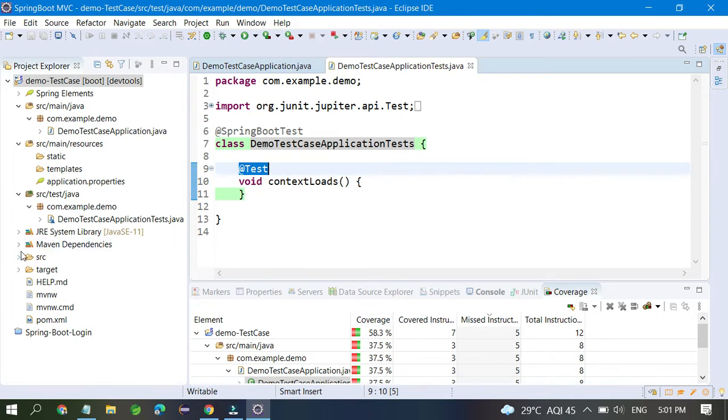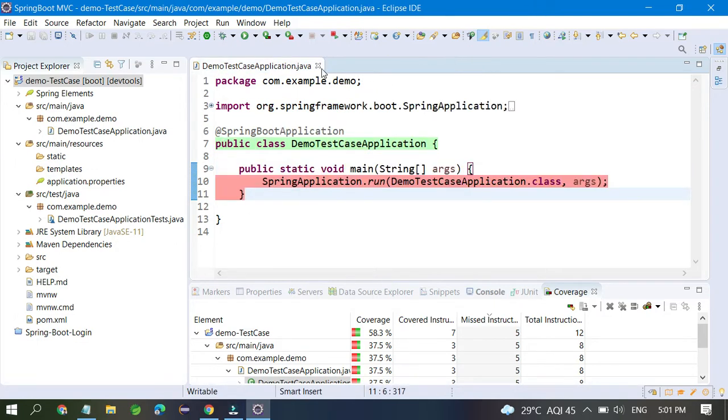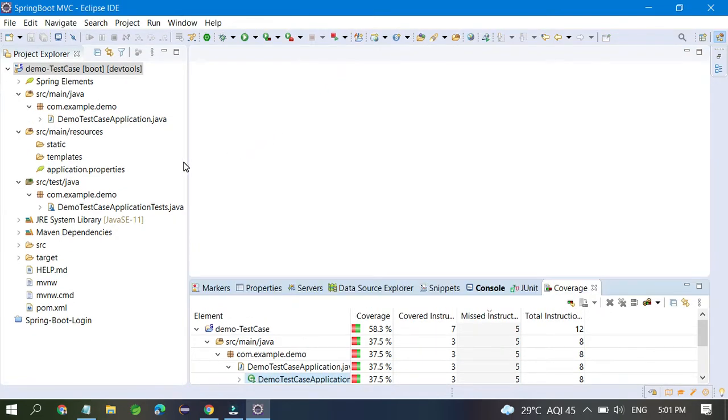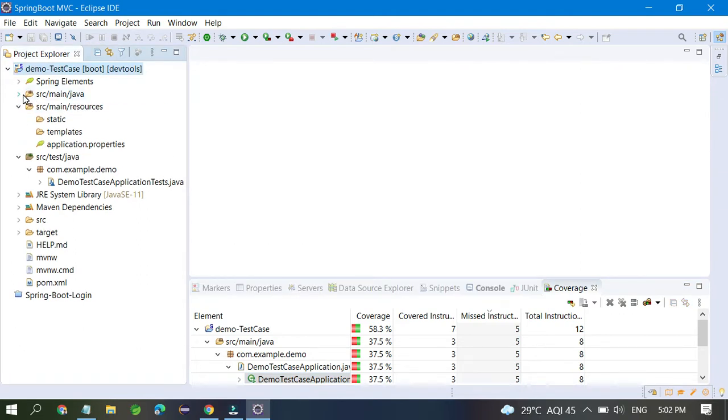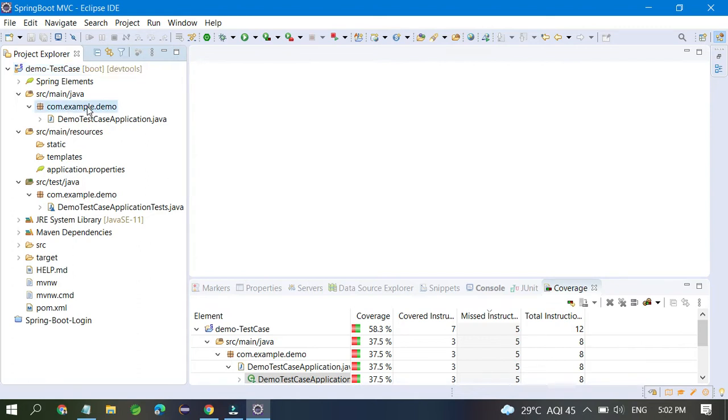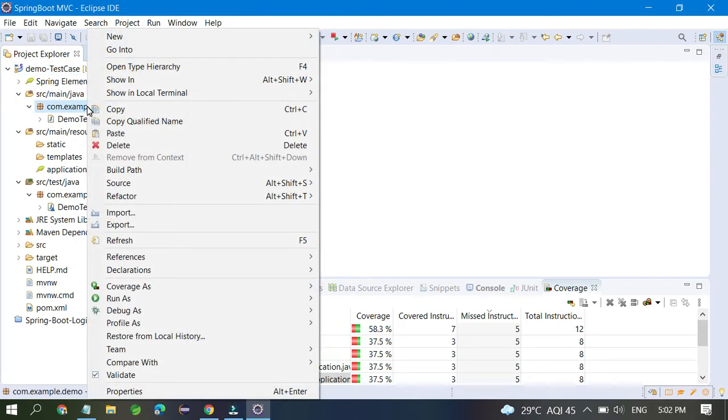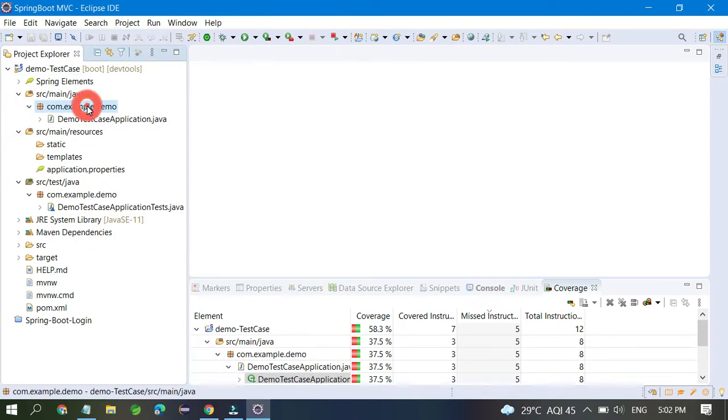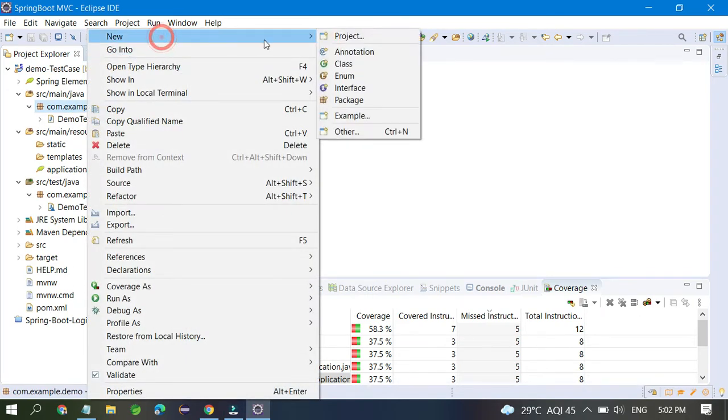So for example, we need to understand how I can cover our own API. I'm going to create one class inside one package. Just press Ctrl+N, go to New, and create one class.